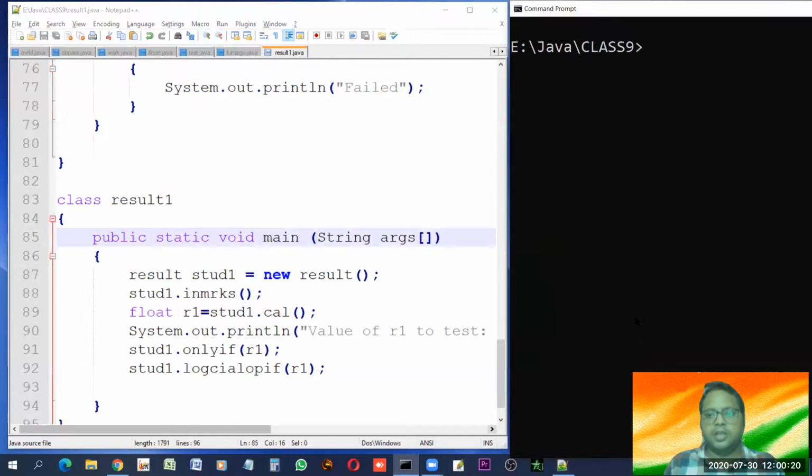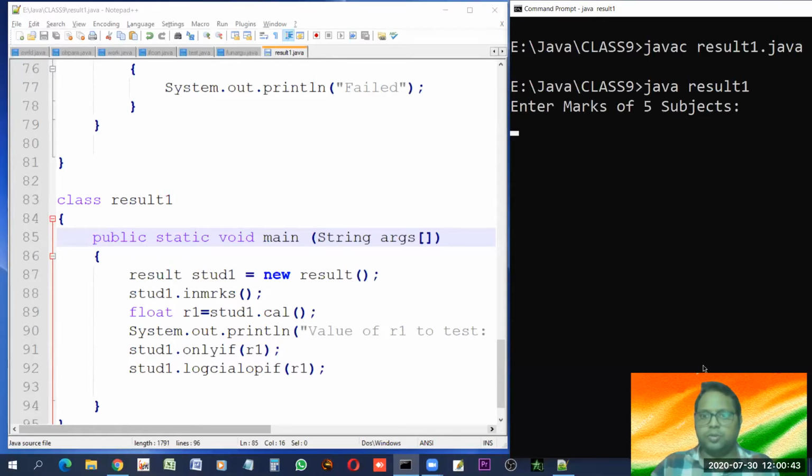Clear screen. Look, you might find that things are getting complicated, but not at all. These are not at all complicated. The only thing is lack of practice. So practice and watch videos any number of times, several number of times. Things will become very easy for you. These things are very easy actually. We have not yet started tough things.